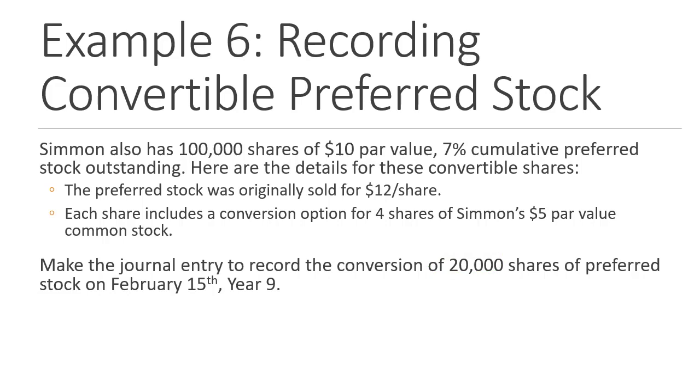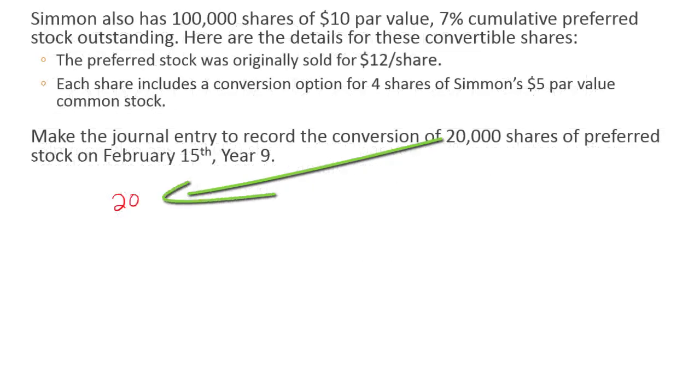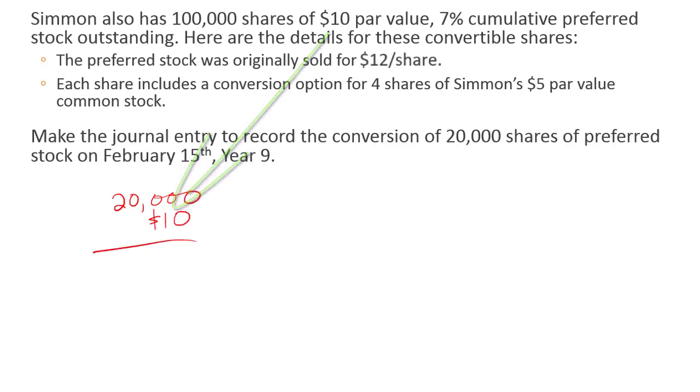Just like when we did the conversion of a bond payable, the first thing we need to know is what's on my books for these preferred stock shares. I've got to know what's in the preferred stock accounts so I know what to pull out and put into the common stock account. We have 20,000 shares of preferred stock that are being converted. If you want to look at the 100,000 and then convert 20%, that works too. But I'm just going to focus on the number of shares that we've actually got. 20,000 shares, $10 par value. So in my preferred stock account will be